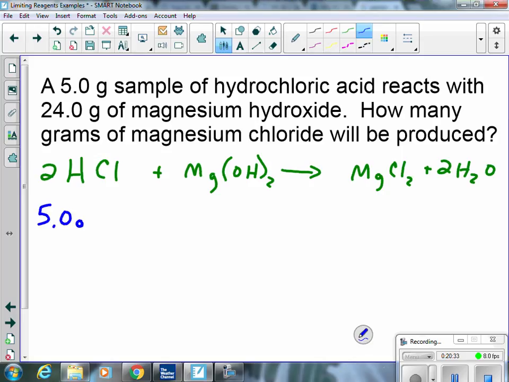5.0 grams hydrochloric acid. Now, what am I going mass to mass to? What's my first step here? Go mass to mass to what? Magnesium hydroxide, because I need to determine which one of my reactants is limiting this problem. So, as I do so, set up my conversion box, and I know